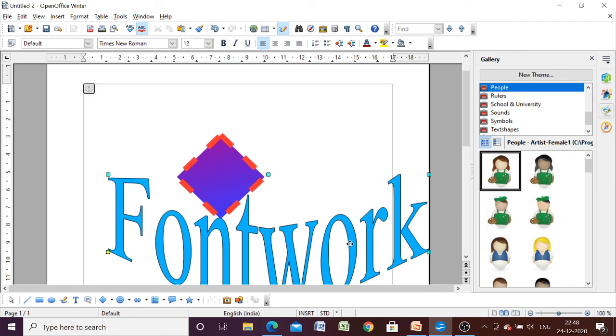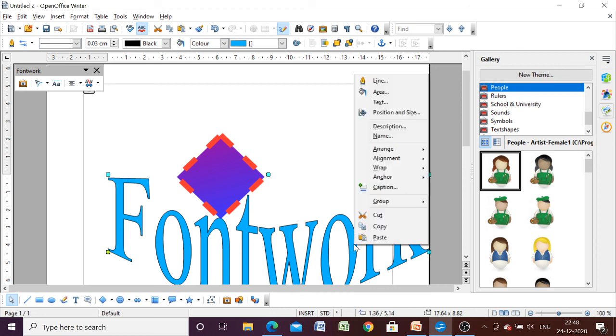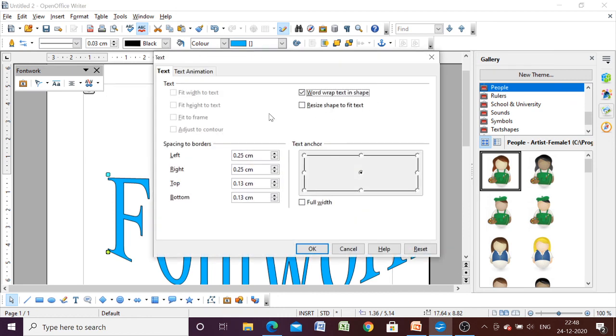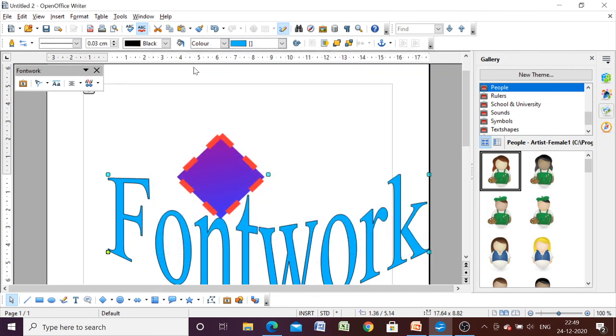Okay, now if you want to change the text of this Fontwork, then you can go to the text and type whatever change you want to write here. Okay, and you can change the effect also. So there are so many things that you can do.